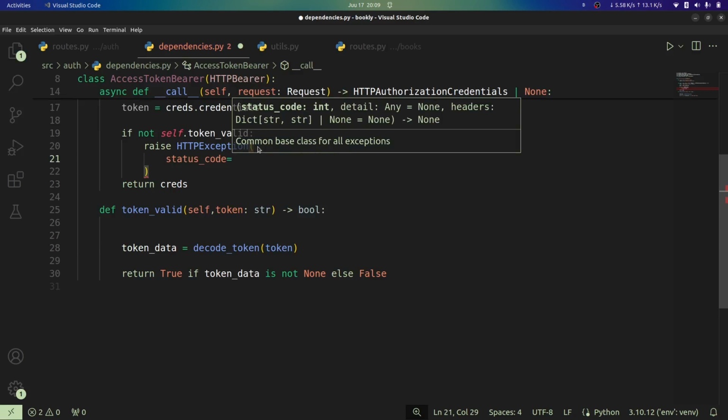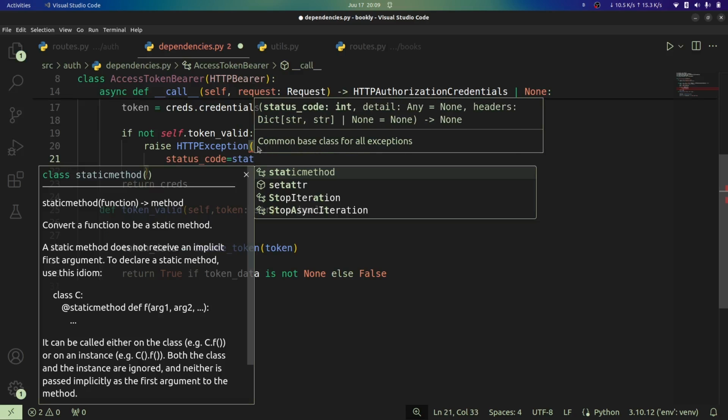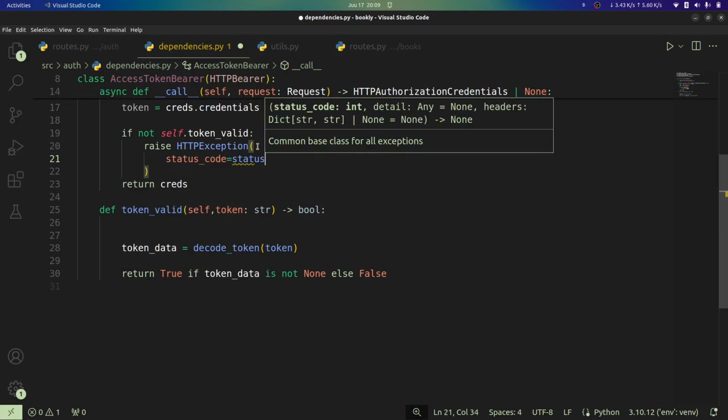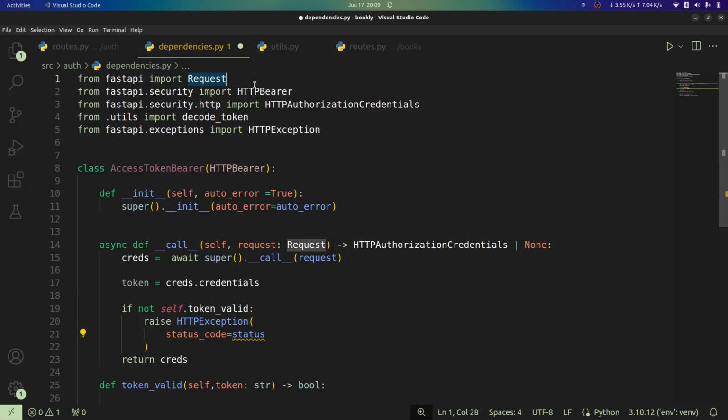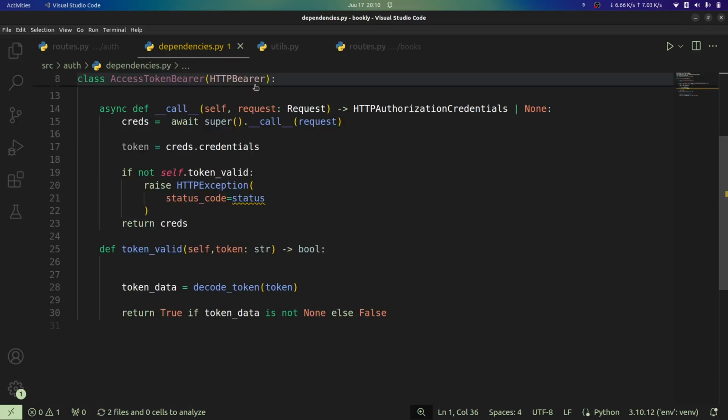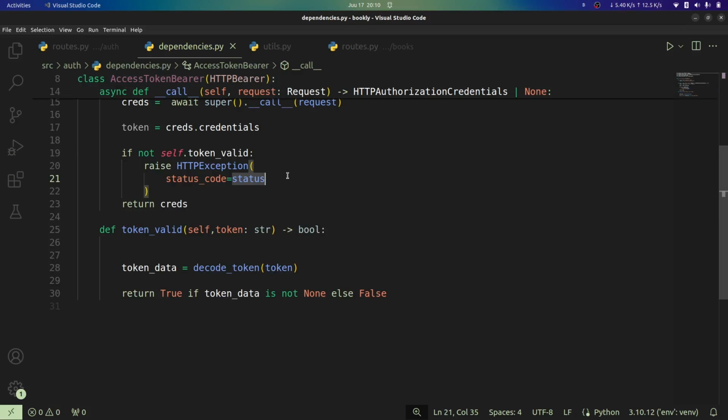is going to be equal to status. So we're going to have to import this. So I'll go at the top right here and say that we're going to import our status. And once we've imported that, then we need to access the